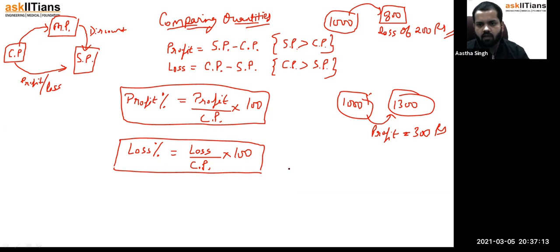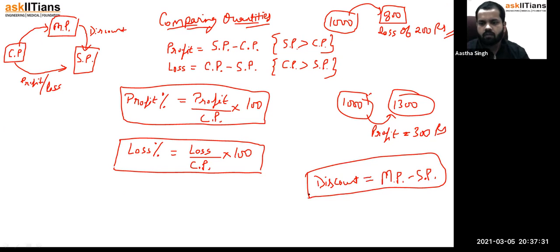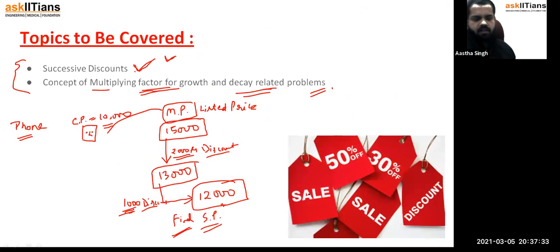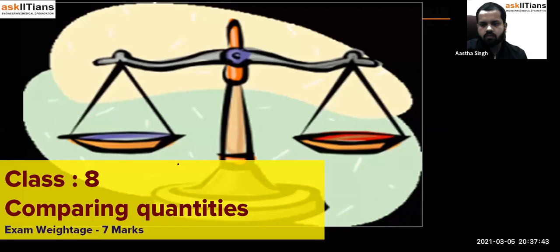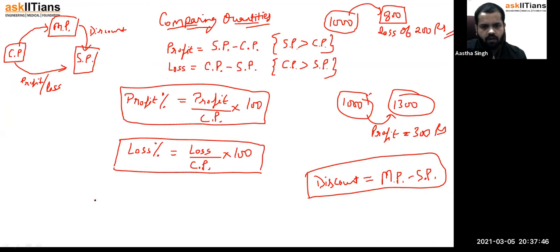Then comes discount. Discount is your market price minus selling price. Like we have already taken an example: your market price was 15,000 and your selling price was 13,000, so you have given a discount of 2,000, right? And if you talk about discount percentage,